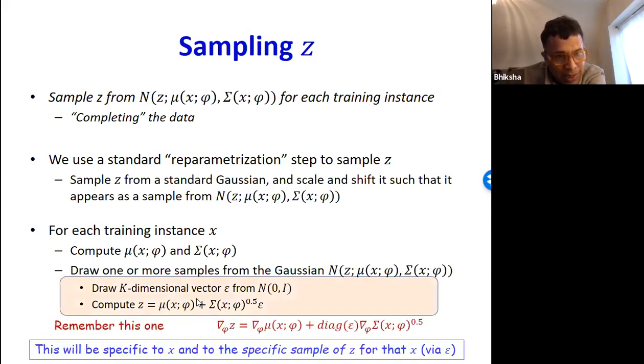Observe that the mean and the variance are specific to X. So you can compute the derivative of Z with respect to the parameters phi, which is simply the derivative of whatever function computes this mu with respect to phi, plus a diagonal matrix with epsilon along the diagonal terms times the derivative of the sigma itself.